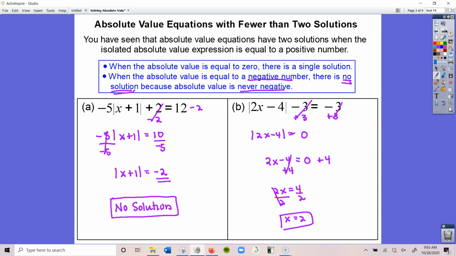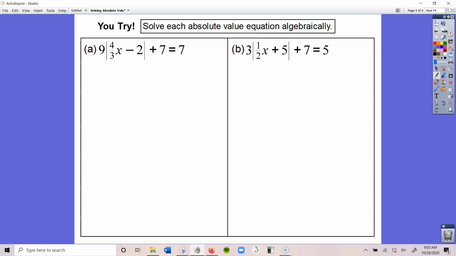Let's try a couple more just to make sure. We have here 9 times the absolute value of 4 over 3x minus 2, plus 7, is equal to 7. So I'm going to subtract this 7 over, and I get 9 times the absolute value of 4 over 3x minus 2 is equal to 0. This is a case where I'm going to have one solution, because when I divide by 9, 0 divided by anything is still 0. So since this equals 0, I can just remove the absolute value bars